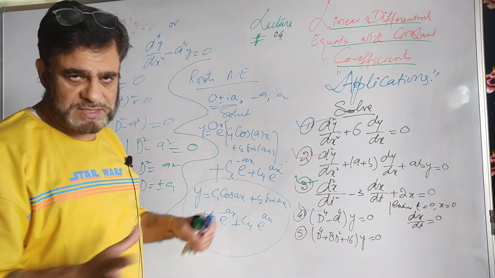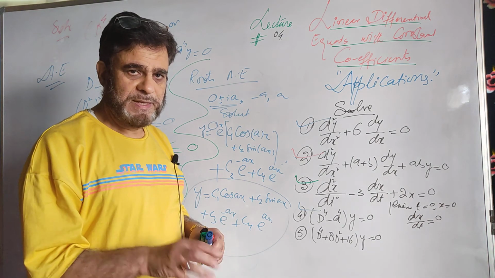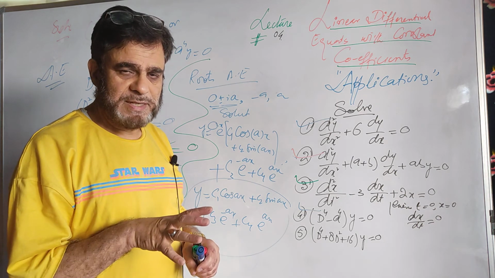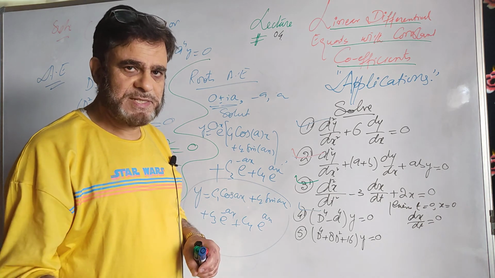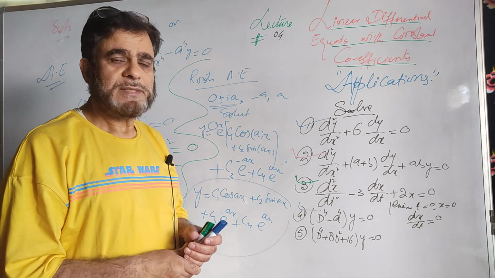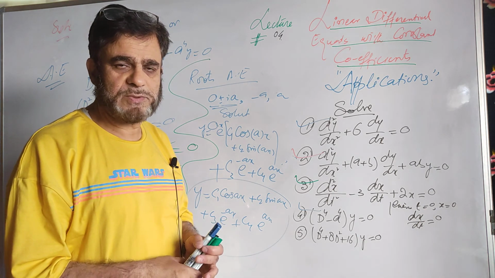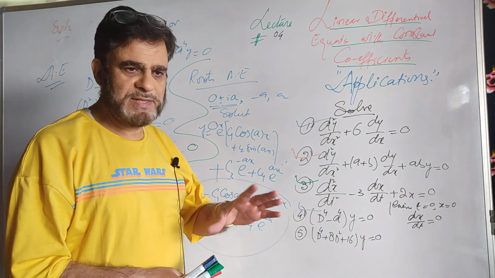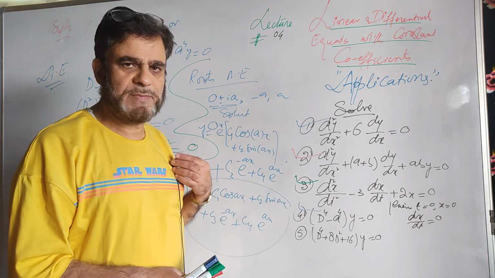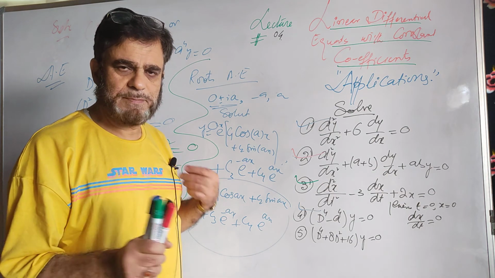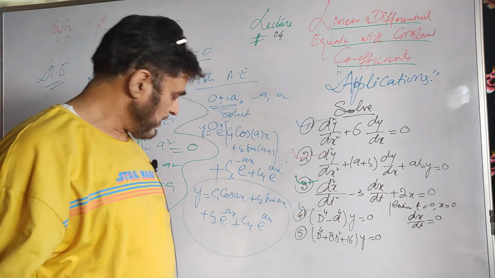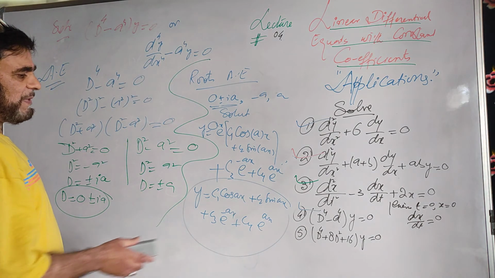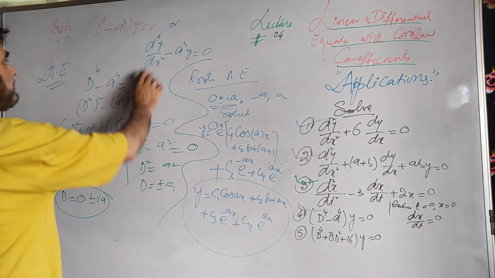In certain solutions you will get both real roots and imaginary roots, sometimes a repeated real root or repeated imaginary roots. So you should revise the method that I have given, how to write down the solution when roots take different forms. You revise it fully. It is not only from the examination point of view, but it is a method that I have given you in detail. In proof form I have given the method. Please go through that. Let me take another problem.